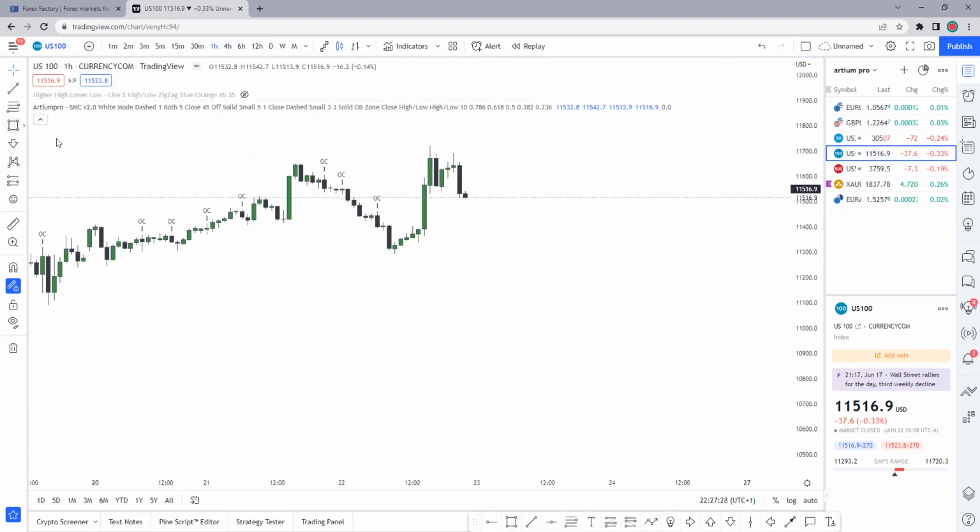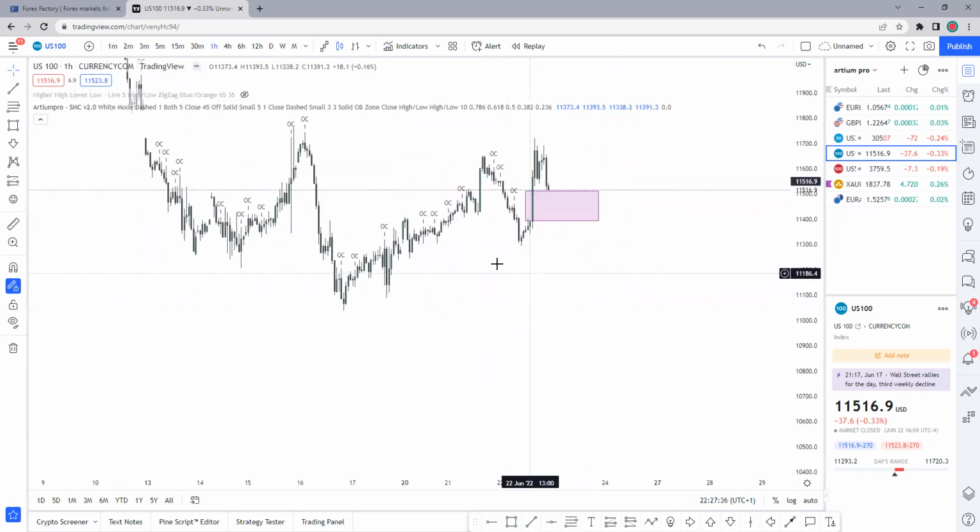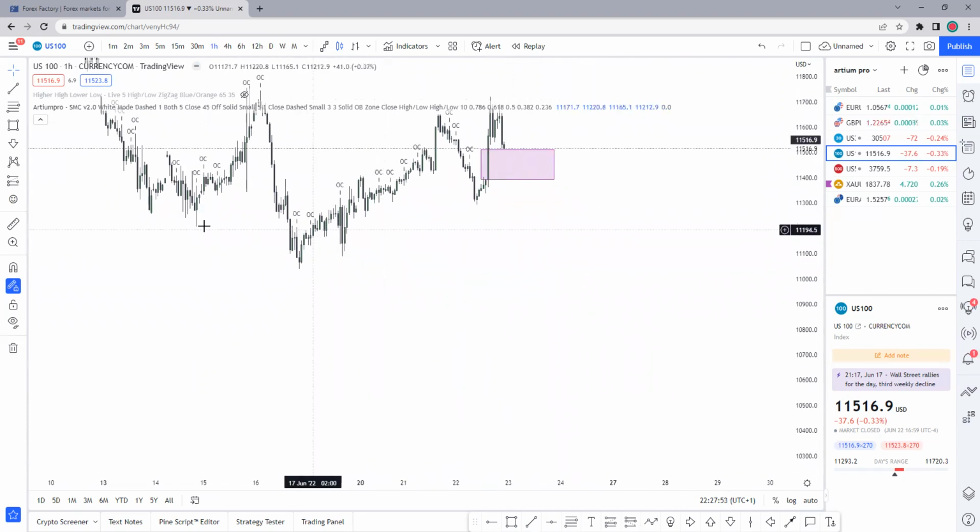Because we've got good reason to trade lower again. It's that fair value gap that was generated today. And we have an outside candle here that has swept the liquidity in this area. That's FOMC, so we've already swept that liquidity there. And I can see this trading lower because all this liquidity still stands